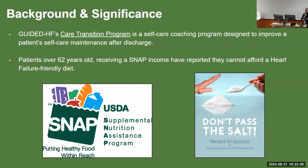So does he have to have a referral from a doctor for it to be free, since they have to be using patients, or is it? So at the time of their discharge, whether that's from the emergency department or from their hospital admission, they are referred into this kind of online program in Epic. And so we get them in our program, and we can see that they were admitted to the hospital or discharged from the ED because of heart failure. And then we reach out to them and ask them if they would be interested in participating in the self-care